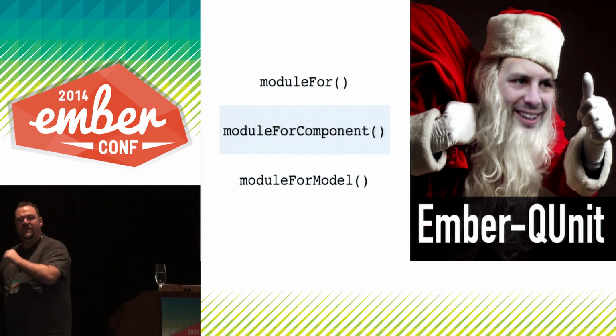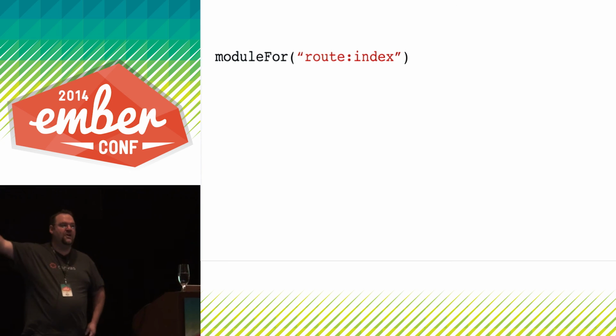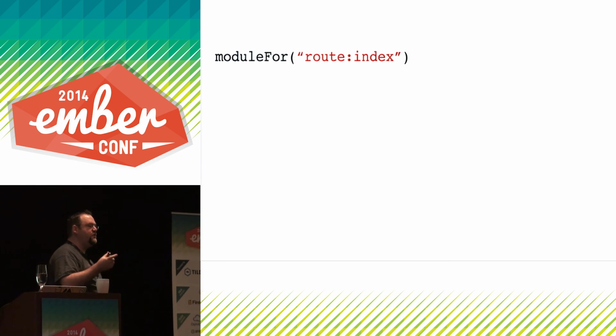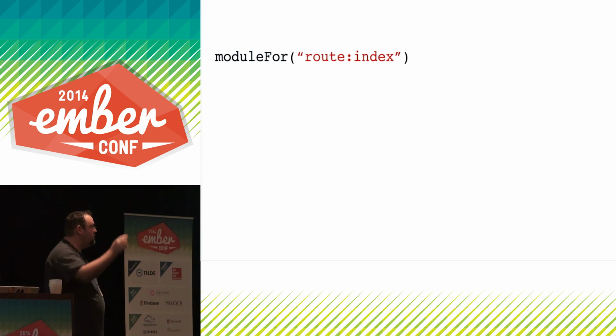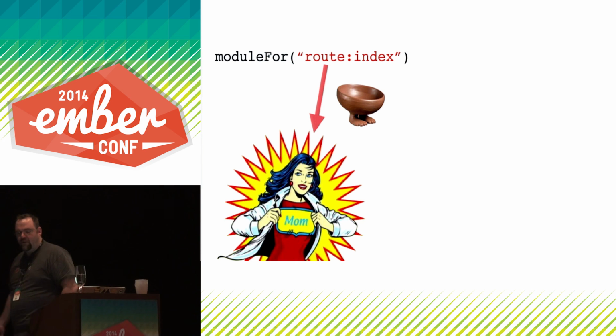Now before I get into those, I want to explain how this works and why it's important. So moduleFor would replace module on your QUnit test. And the first argument would be whatever the resolver needs to look it up. So it goes into moduleFor, that passes to the resolver. The resolver looks over,